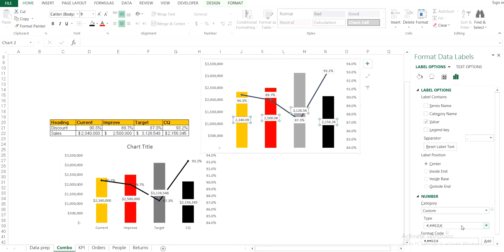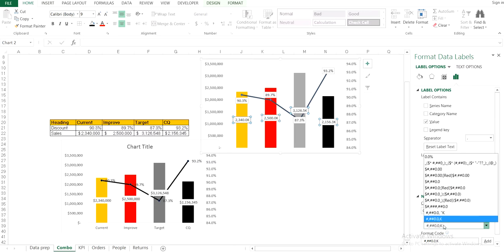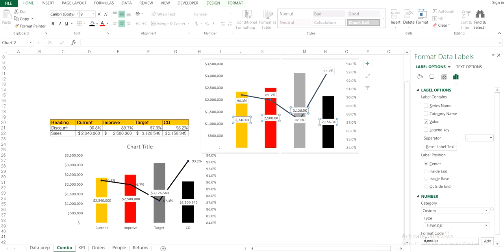Similarly, let's say I'll copy this from the previous one. You can find it on Google and copy this, go here, paste it, and add.